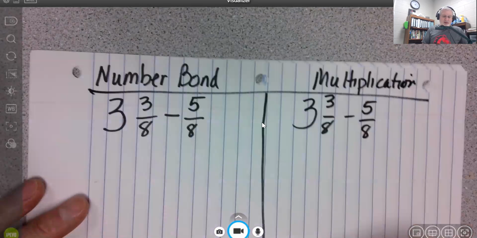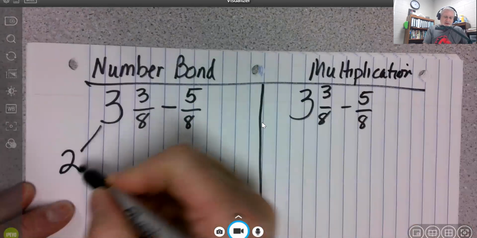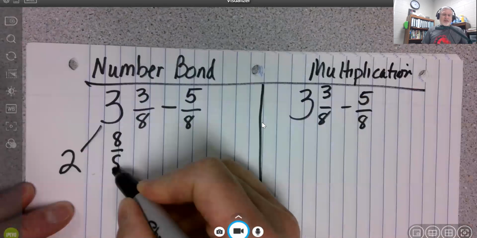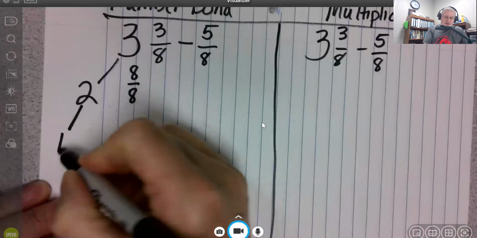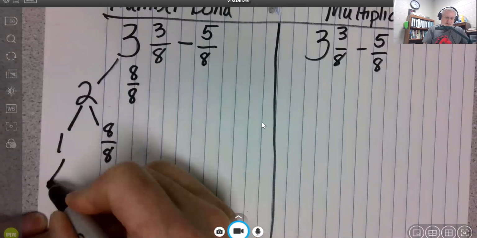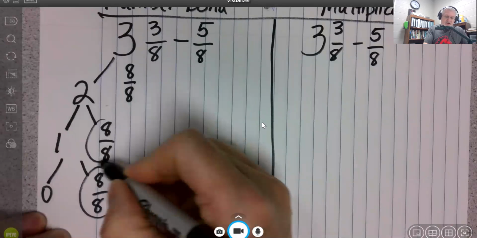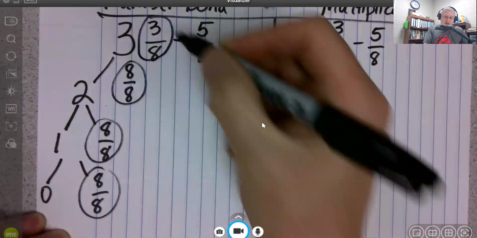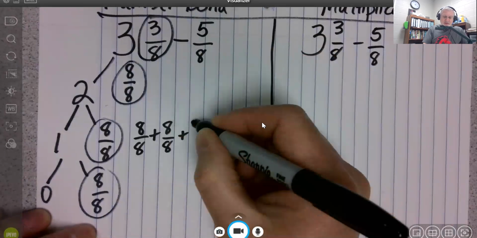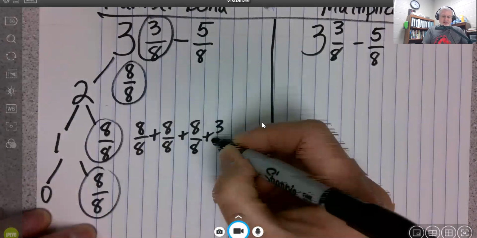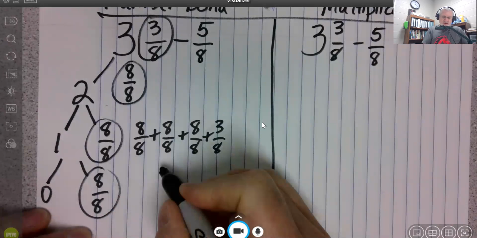Okay. Again, number bond. I'm going to take one whole, and 8 is my denominator, so I have to make my other whole into 8/8. And I want to get this all the way to 0. 8/8. 0. 8/8. I'm going to circle every one of these because this is what I'm going to add together. So I'm going to add 8/8 plus 8/8 plus 8/8 plus 3/8. So I can skip count. 8, 16, 24 plus 3 is 27/8